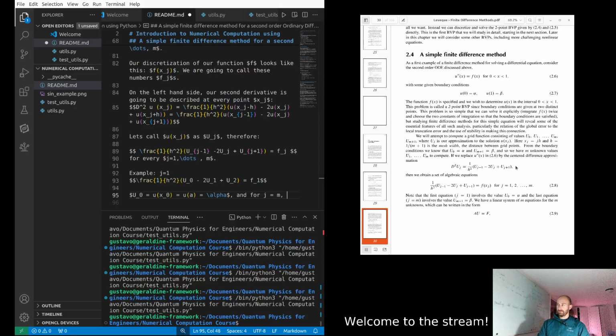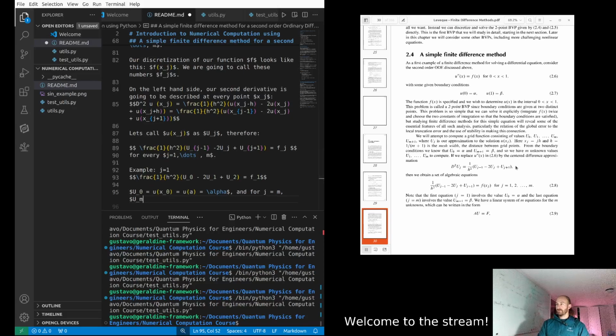You get, for example, that u sub m plus 1 is equal to u, little u of x of m plus 1, and that is equal to beta, right? So what this is telling us is that